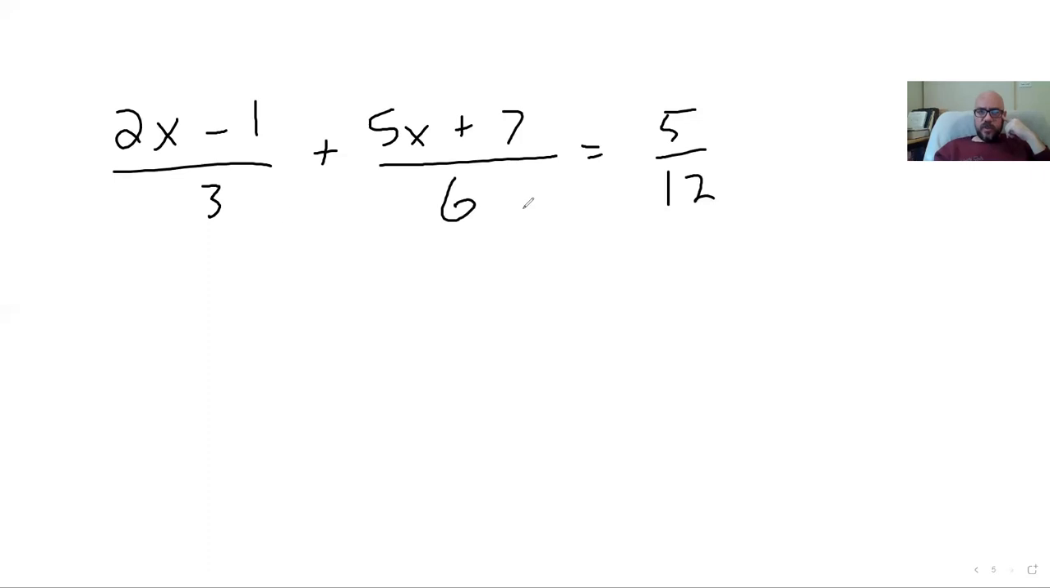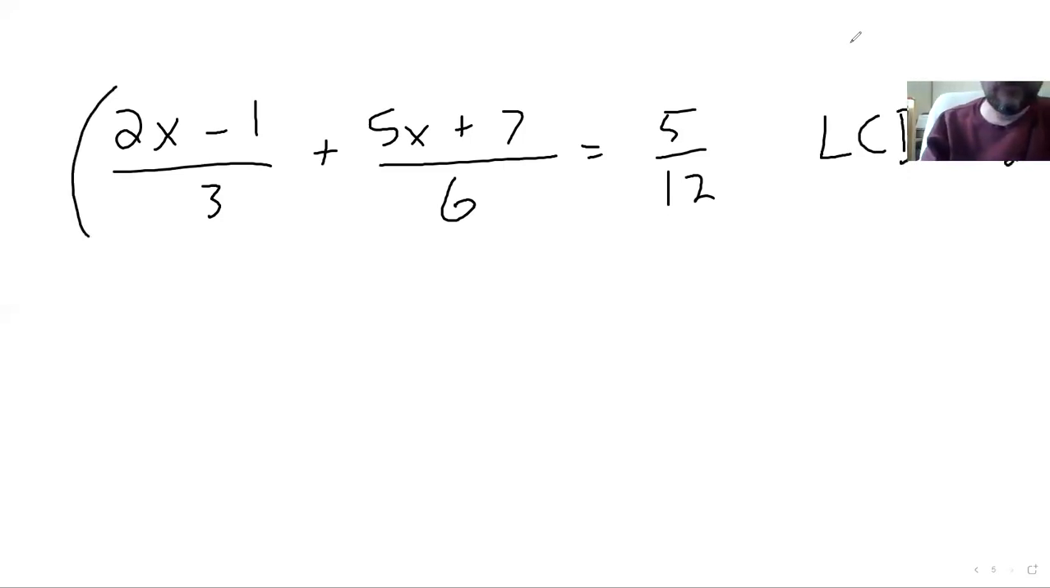The smallest number that 3, 6, and 12 all go into is 12, right? If I just start counting by 3s, 3, 6, 9, 12, 15, etc., there's a 12 in that list. Same thing if I count by 6s, 6, 12, 18, there's a 12 in that list. And then obviously 12 goes into 12 one time. The reason I want this is that if I multiply both sides of the equation by it, it'll get rid of all my fractions. And that makes things as easy as possible, right? So what I want to do, since my LCD is 12,